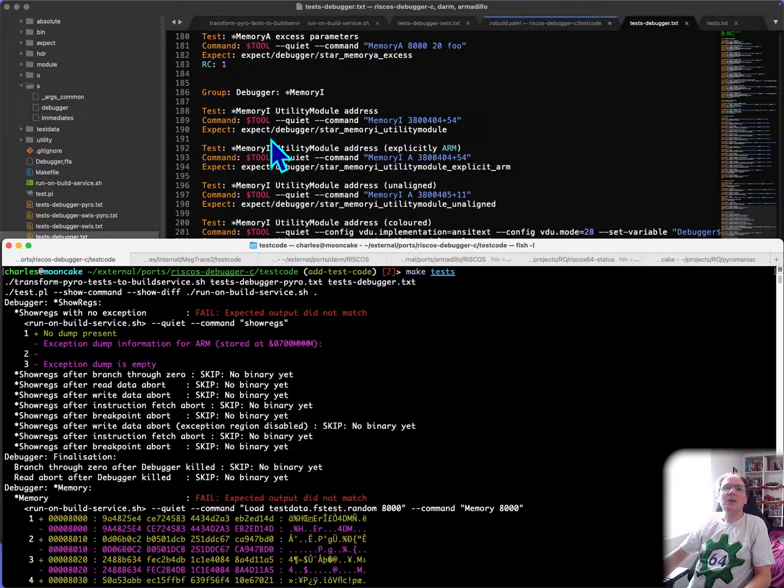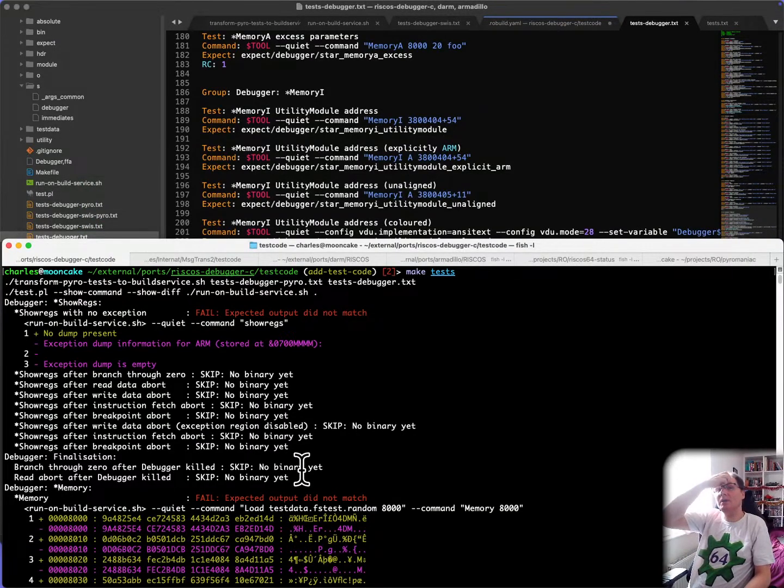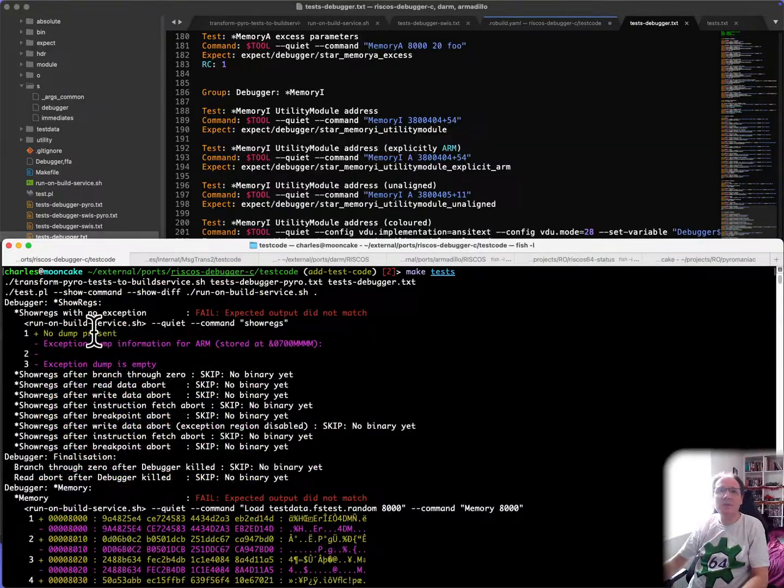So, can we run just one command? Probably. Let's have a see how we do this. I can't remember how I do this, so what it suggests in the output here is that we run on build service with quiet command show regs. So let's copy that. Oops, copy just that bit. That's the command I should be running. And if we run